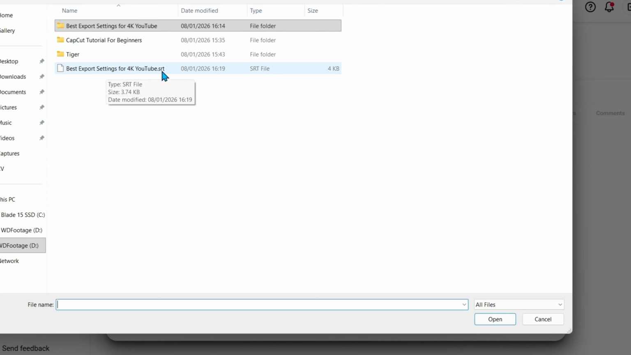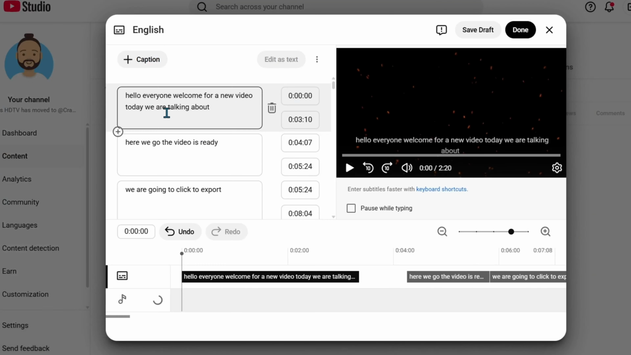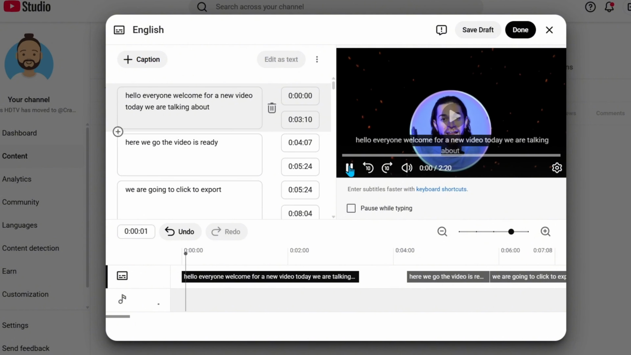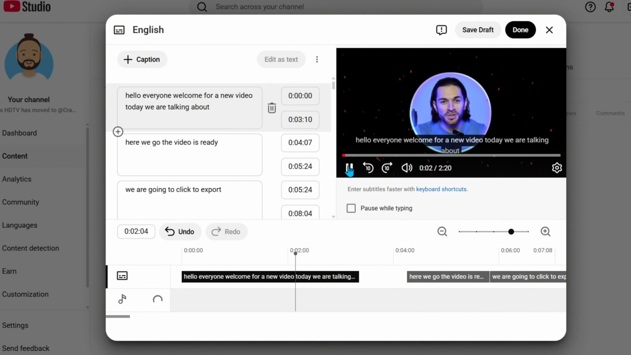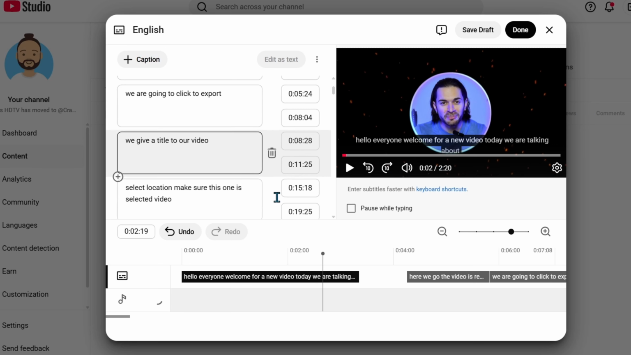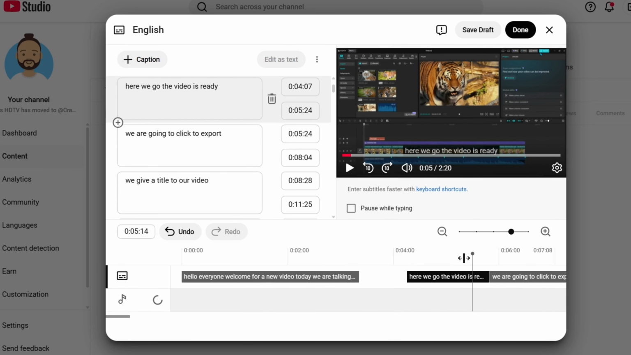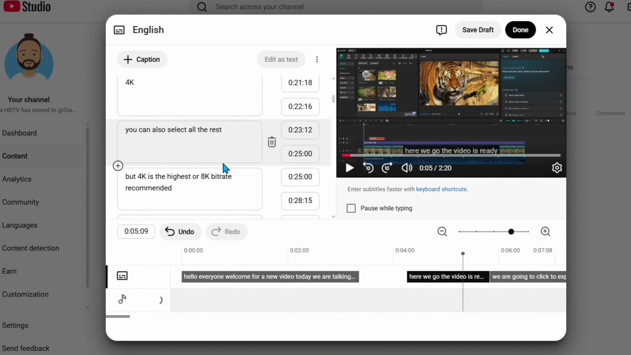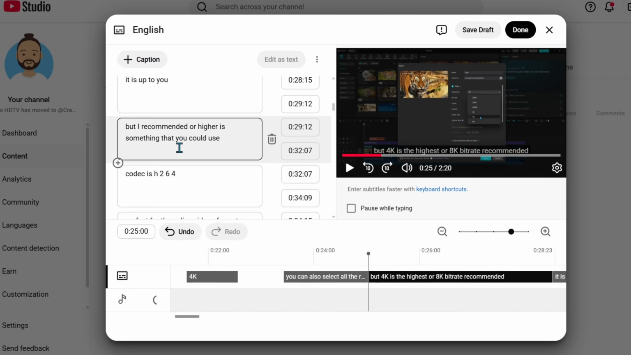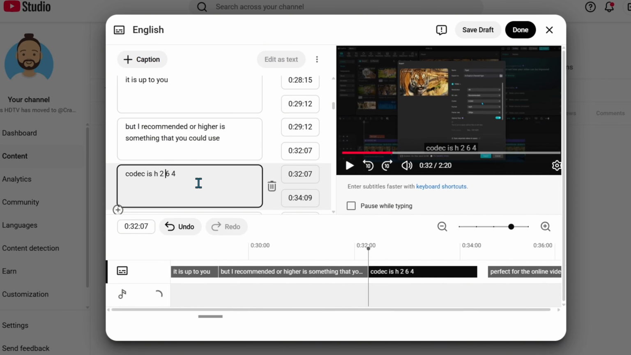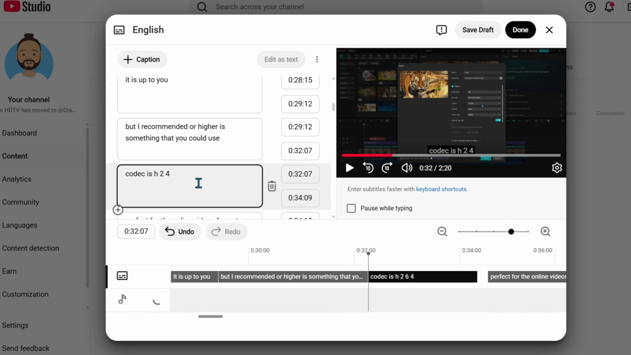Here we go. SRT. Double click, and you can see all the captions. I'm gonna play, so you can regulate it yourself. You can play, you can cut, you can jump and fix the area that you want. Just make sure, obviously, everything is written correctly. Like for example here, I can fix this bit